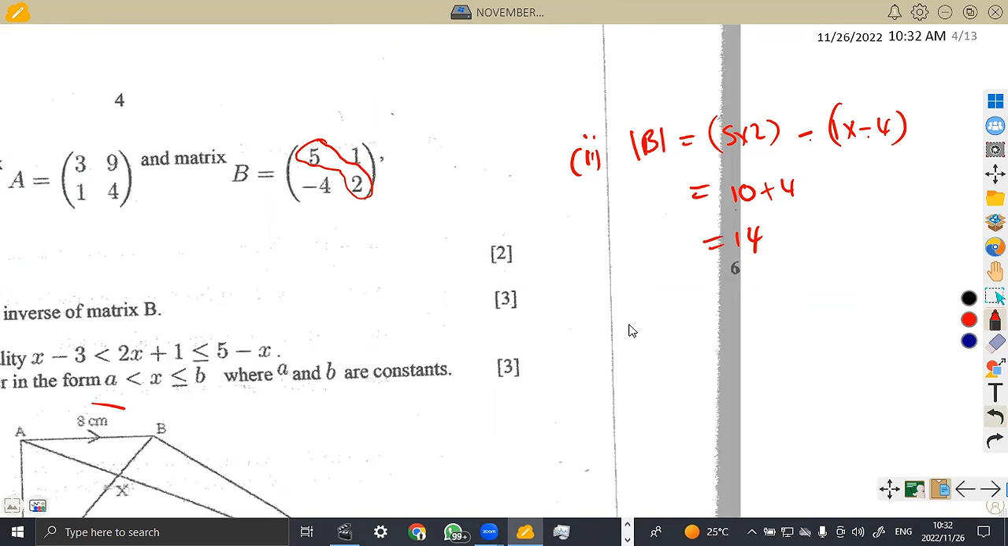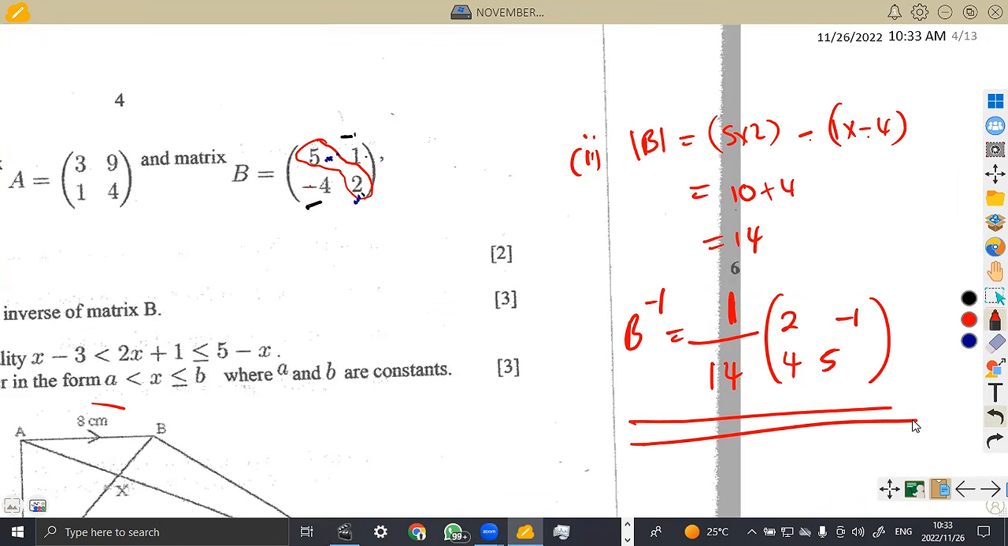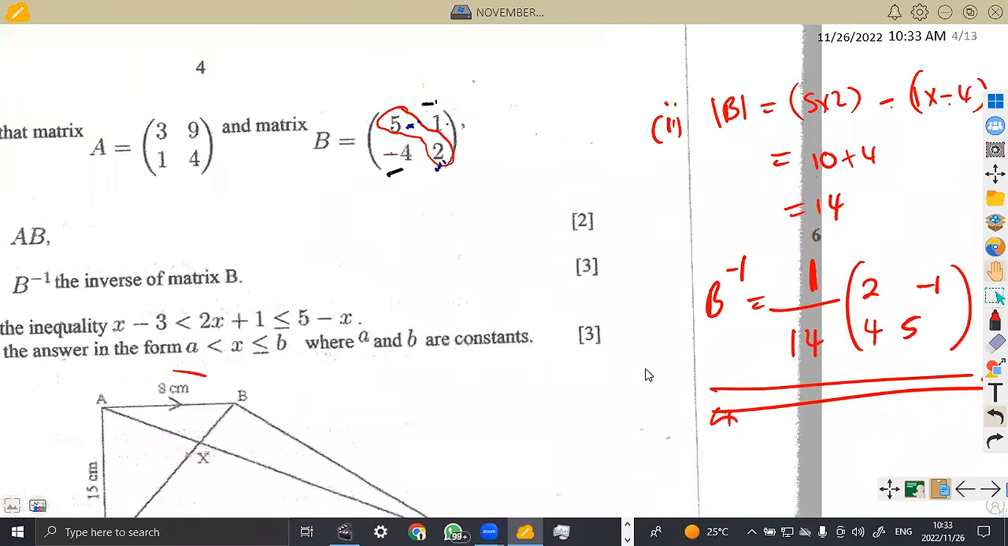So having the determinant of B, it is now easier for us to find the inverse of B, because we know that the inverse of B is 1 over the determinant into the major diagonal. They exchange these numbers, so it's going to be 2, 5. Then we know that in the minor diagonal, you multiply by negative. So it's negative times 1, which is -1, negative times -4, which is going to be a +4. So that is the inverse of B. So it depends how you're supposed to answer these questions. I don't know which was best for you guys. So you have to be very, very careful on your workings. Okay, anyways,